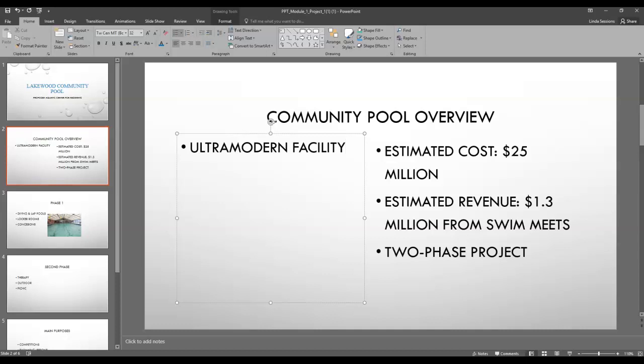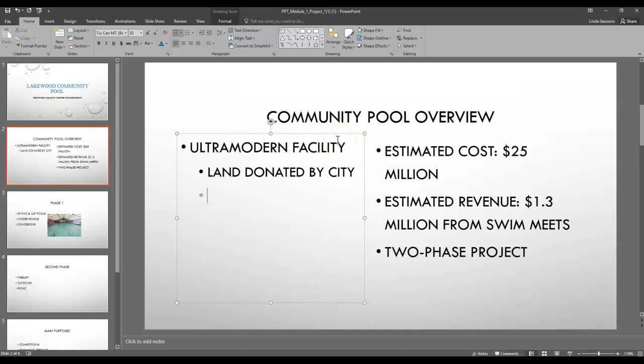So on our second bullet, we want it to be a second level bullet. So we're going to hit the Tab key to move it over, and we're going to let them know that the land was donated by the city. Another way that we can increase or decrease our list levels is up here on our ribbon. In the paragraph grouping, we've got our increase and decrease list level, and you can click on that and it will move our